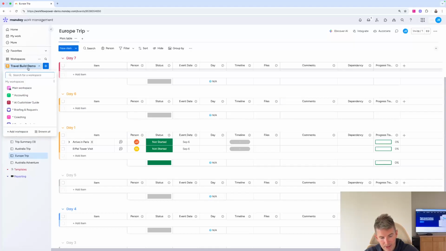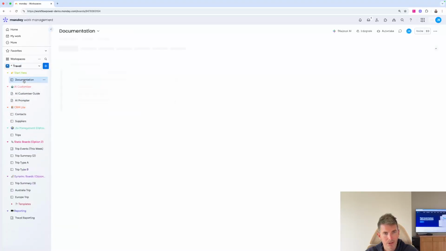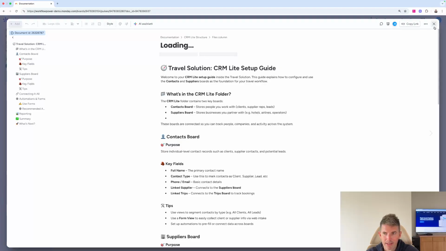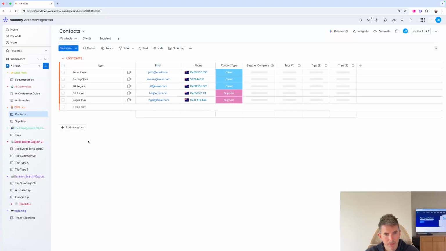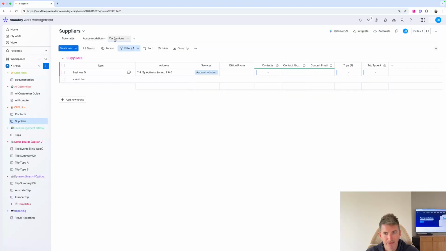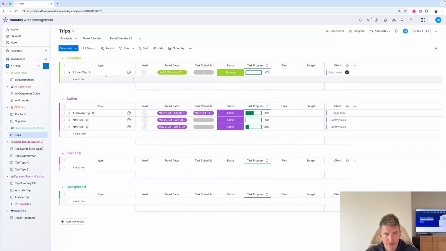Now, when we go through what this looks like solution-wise, you can access this entire solution covering the documentation, screen share videos, and the text information on how to customize it. You'll also get an AI customizer guide and prompt that we use to customize solutions and build them out depending on clients' requirements. And you'll get this base foundation that we've run through, being our contacts, our suppliers, how you can set up different views and see that information, our trips level here,